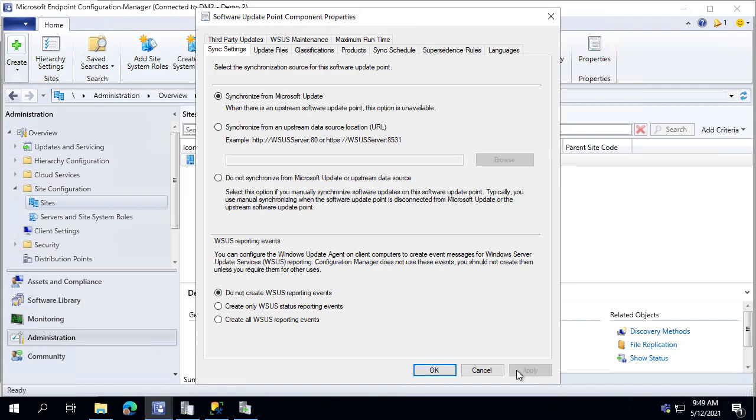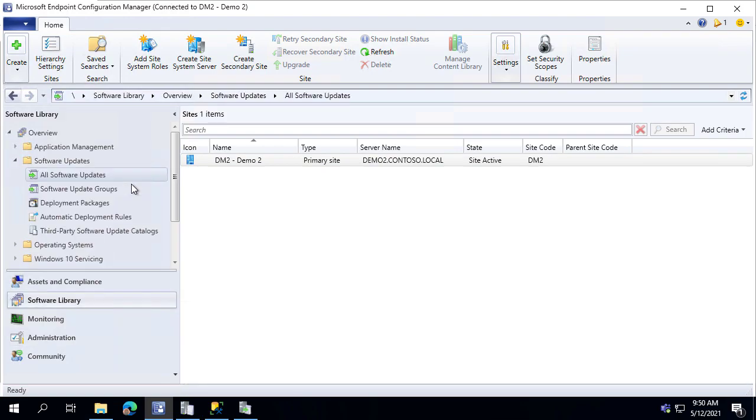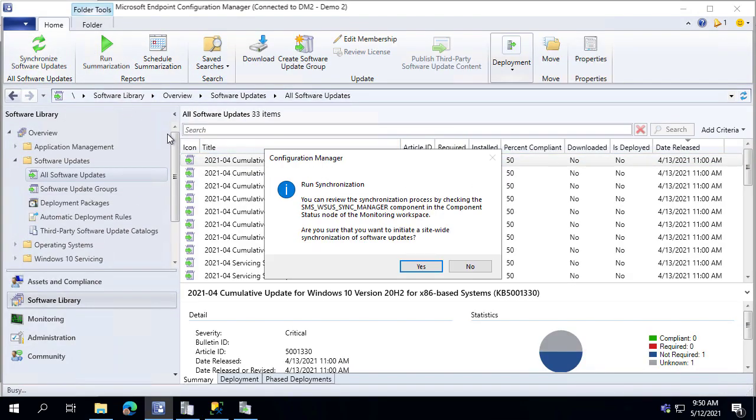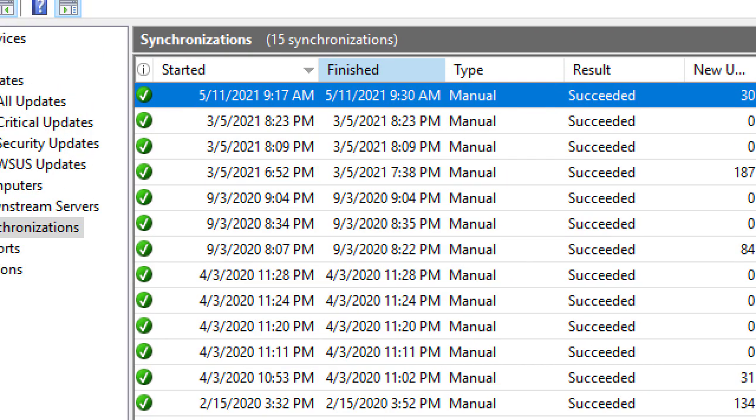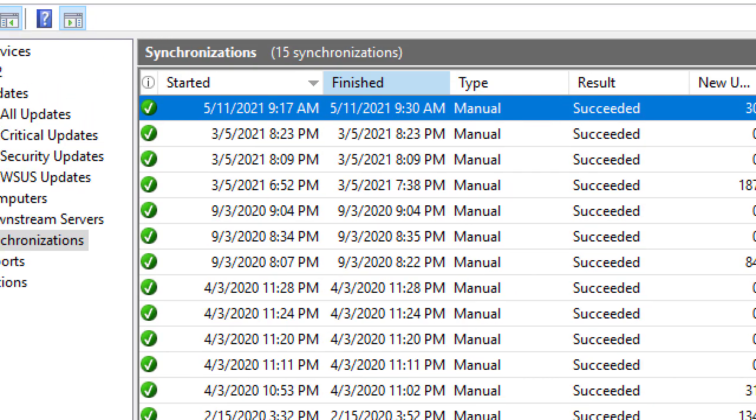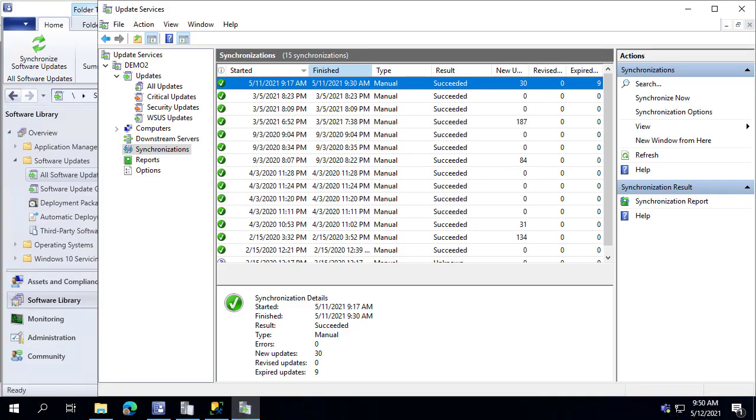But what would happen if I went in and set this to sync from Microsoft, and then if we went and triggered the software update point sync again, what we would see is it would then trigger WSUS to actually perform a sync, which is what we're seeing here. So the reason it's not showing up as today is just because we did change that setting to never sync